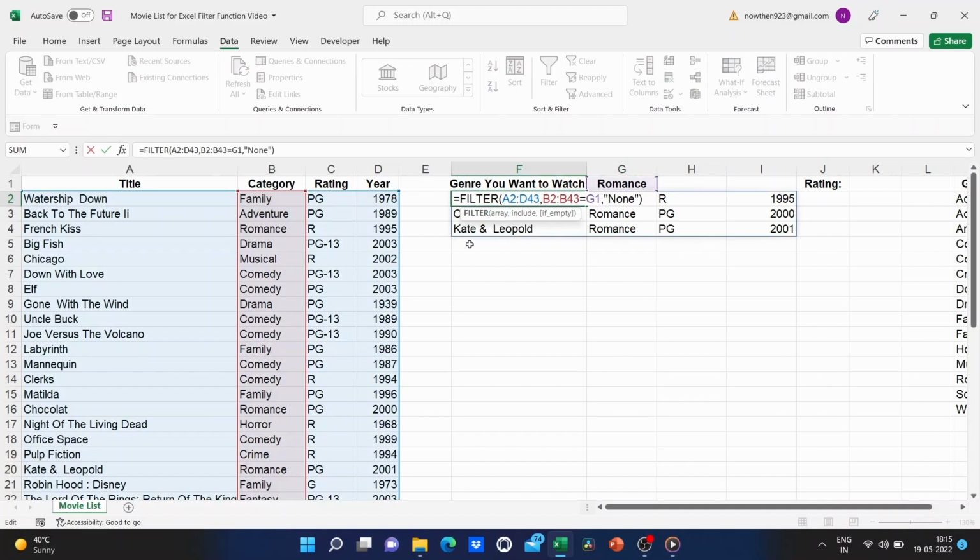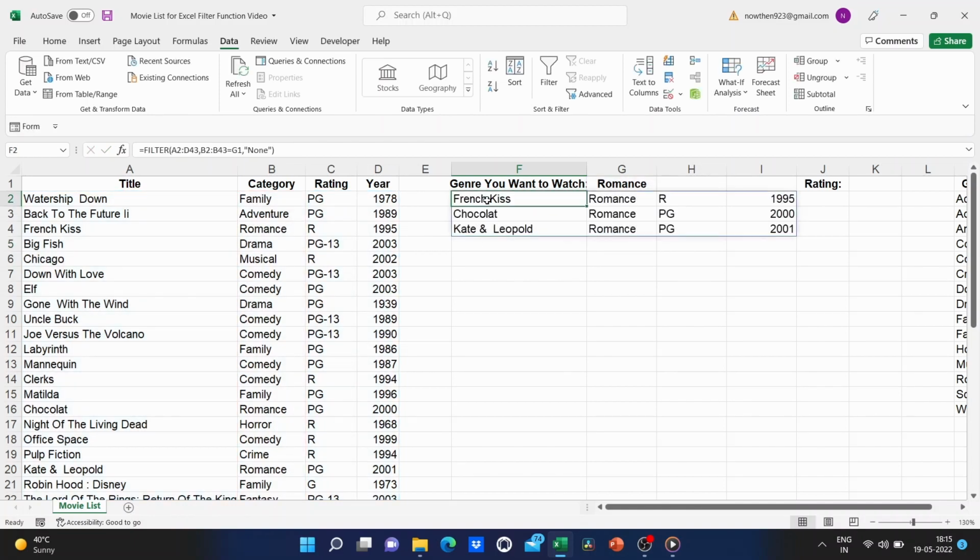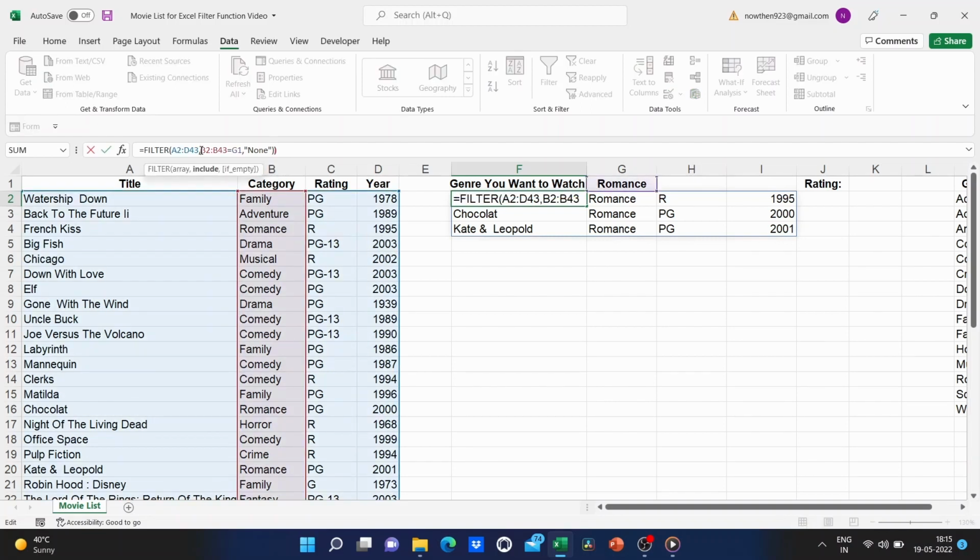And when I click on F2, that becomes apparent here in the formula bar. So here's my formula, and what I'd like to do here is say that I want to filter that same range based on what's in this range B2 through B43, making sure that that's equal to G1, which is romance in this case.